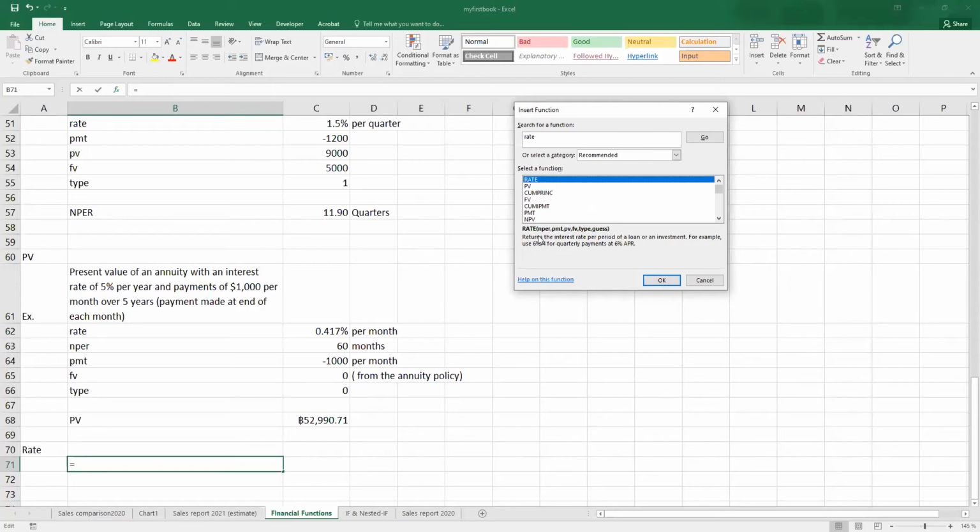The rate function needs nper, the number of periods. PMT is payment, PV is present value, FV is future value, type is the type of payment, at the beginning or at the end of the period, and guess. This is a special argument. We had it a long time ago,